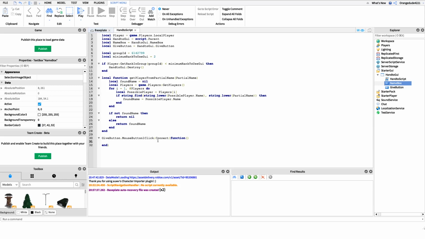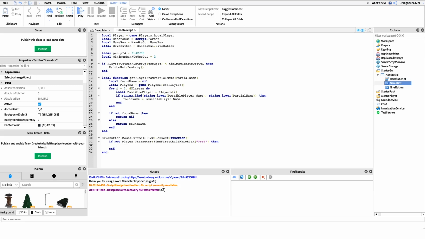So the first thing we want to do is actually check if the player's holding a tool. Because the way this works is if you're holding a tool, then you can give it to another player. So we actually need to see, is the player even holding a tool? And the way we're going to do that is we're going to say if not player.character:FindFirstChild, I know that's a long one, Tool, then, and let me just explain this. So whenever you equip a tool, it goes into the player's character object. So we're saying, basically, the opposite. So if there's a tool underneath the character, then we don't want to do anything. But if there is not a tool underneath the character, then we want to tell the user that they need